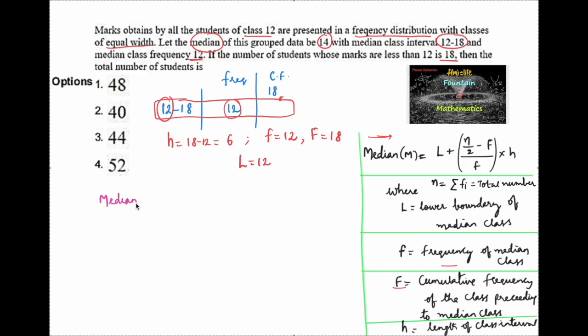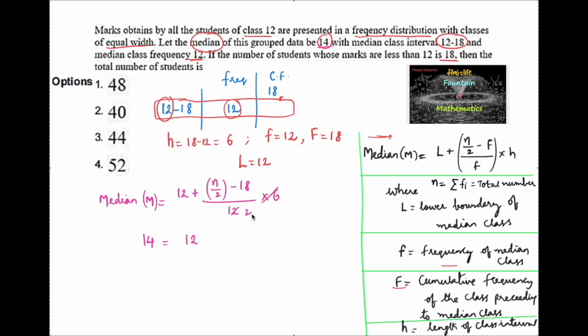So we have median M is equal to L, that is 12, plus n by 2. We don't know the total number, so let us put n only, minus capital F, that is 18, divided by small f, which is 12, into the height, which is 6. Height is nothing but length. And also the median is given as 14. So 14 is equal to,